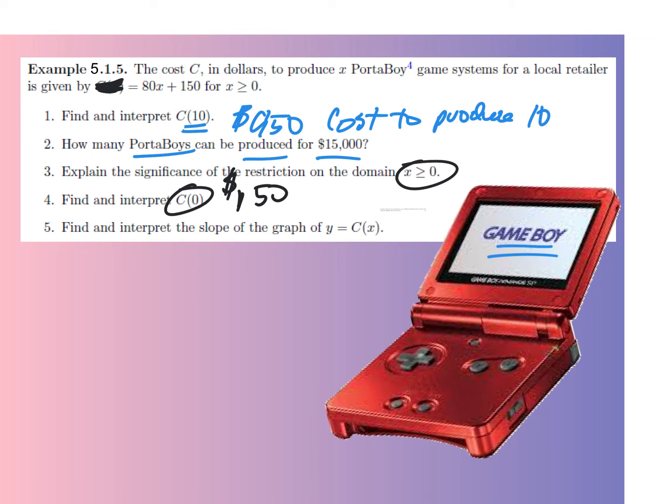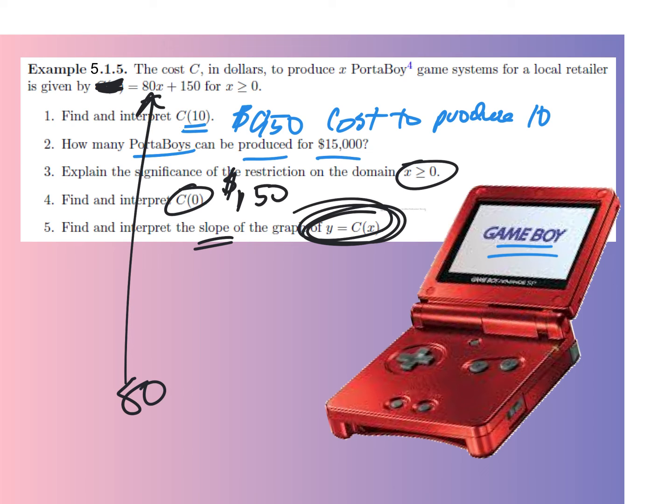All right. And the last thought is the slope, of course. Kind of a slope theme. What's the slope of that graph? Well, it's really easy. It's 80. That's the slope. But what is it? 80 degrees per minute? No, it makes no sense. $80 per game system